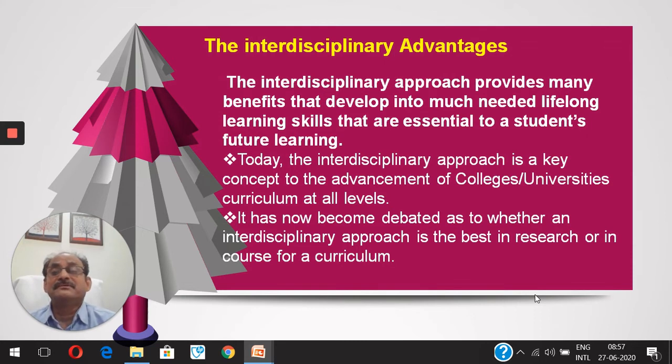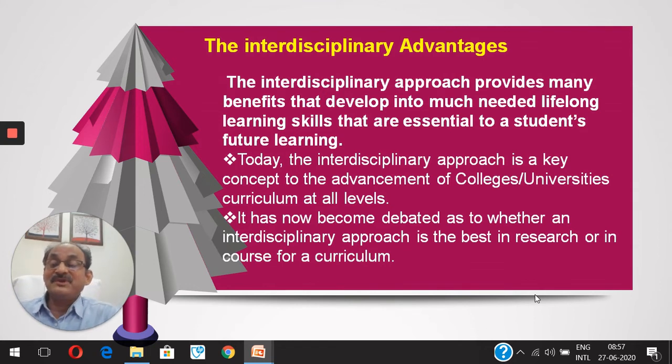It is very important. It has now become debated whether an interdisciplinary approach is the best in research or in the course curriculum. So this is the question. Is it the best or not, that we decide. If this approach is best in research, yes, I say this approach is best in research. Is this approach best in the curriculum? Yes, I say best in the curriculum because of CBCS, the choice-based credit system,